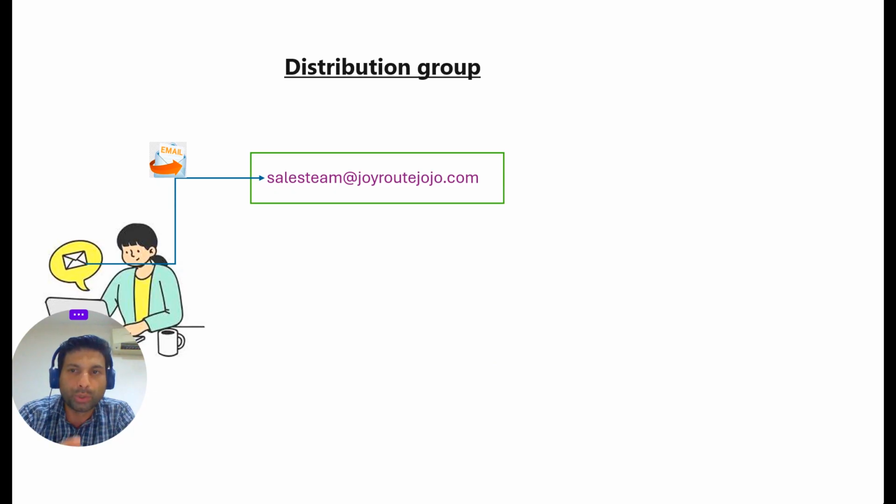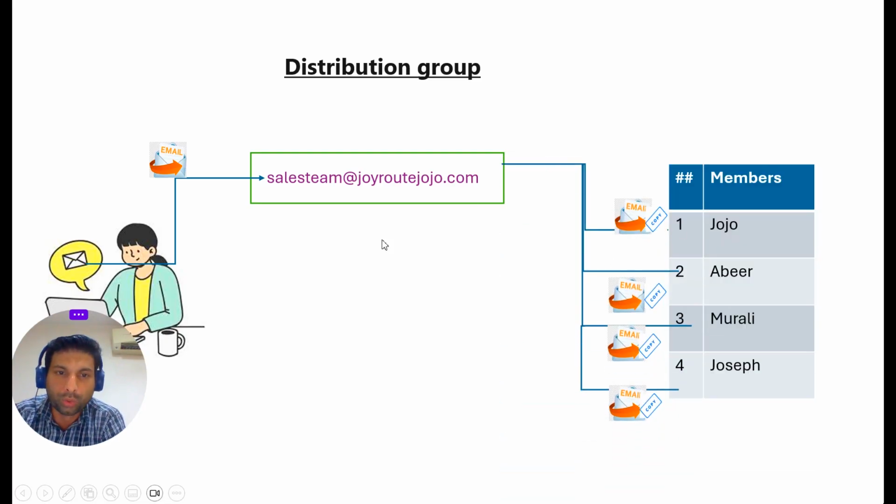First, let us understand what a distribution group is. A distribution group is also known as a distribution list. It acts solely as a mailing list. When an email is sent to a distribution group address, it is forwarded to all members' personal mailboxes. For example, this particular user is sending mail to salesteam@joyroute-jojo.com. So what happens? Whoever is a member of this distribution group,